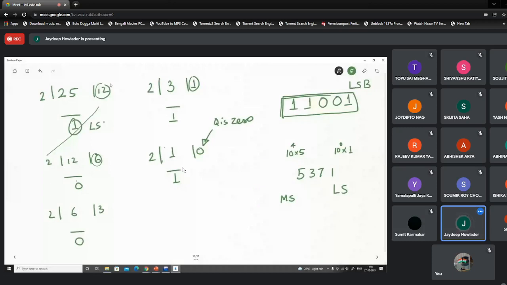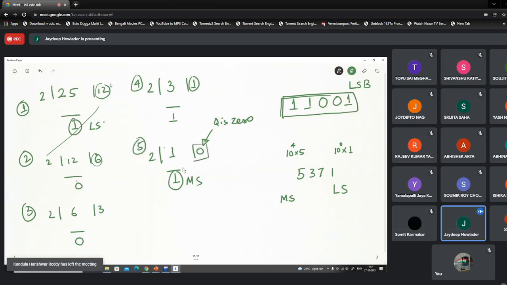This is the first division, second, third, fourth, and fifth division. The process terminates when we have a quotient of 0. This is how we map binary into decimal, or decimals into binary.